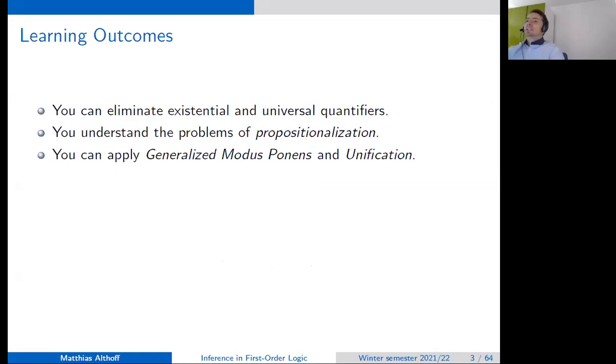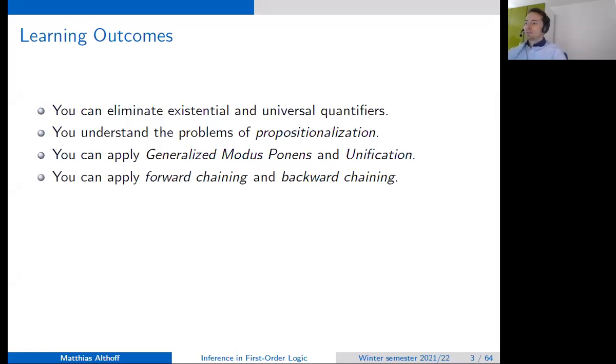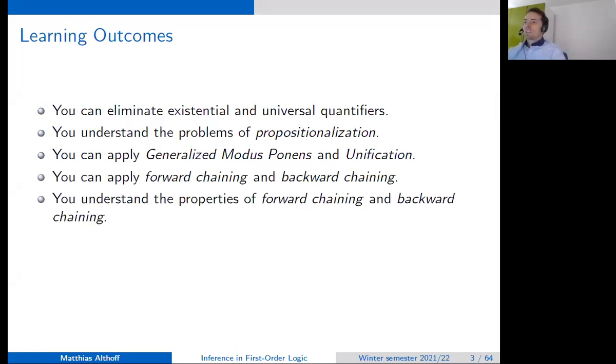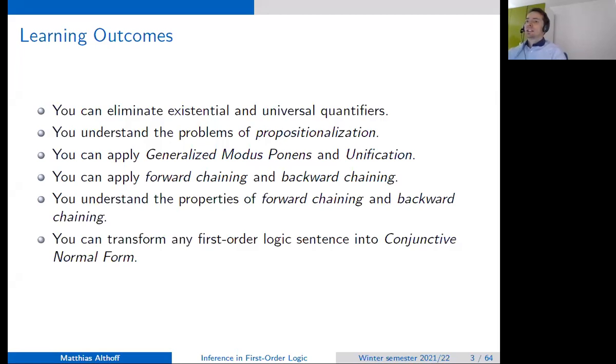So we will lift these rules that we have already seen. And for instance, we will have generalized modus ponens and unification techniques. That makes it then possible to use forward and backward chaining. And you understand when to use forward and backward chaining. Actually, the reasons are the same as for propositional logic. And you can transform any first order logic sentence into conjunctive normal form. This is then required to use the lifted resolution rules.